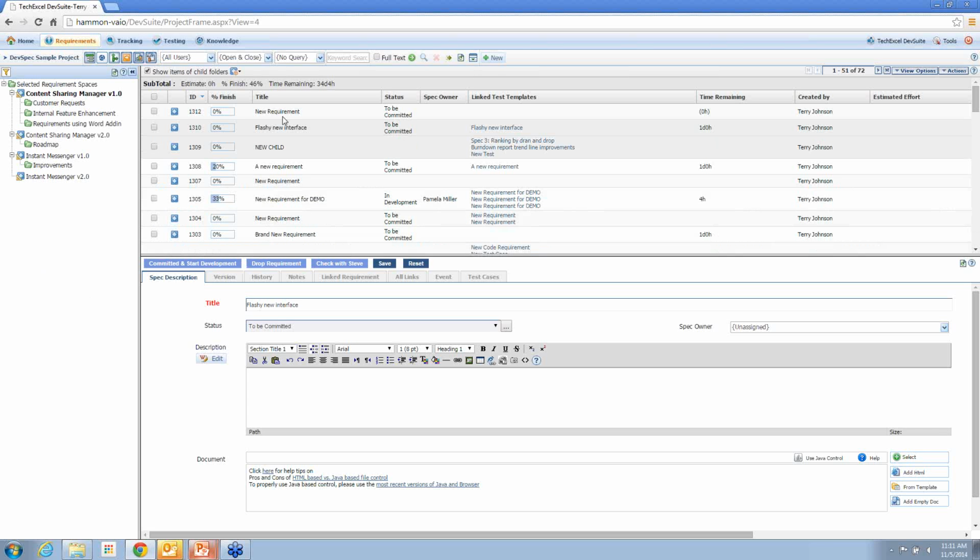Once I have defined all of my requirements, then two parallel processes are really going to start. First, the development team is going to take these items and start working on them. And second, the test team is going to start developing test cases from them. In both cases, from the requirements view, I can start those processes here, or I can choose to let the